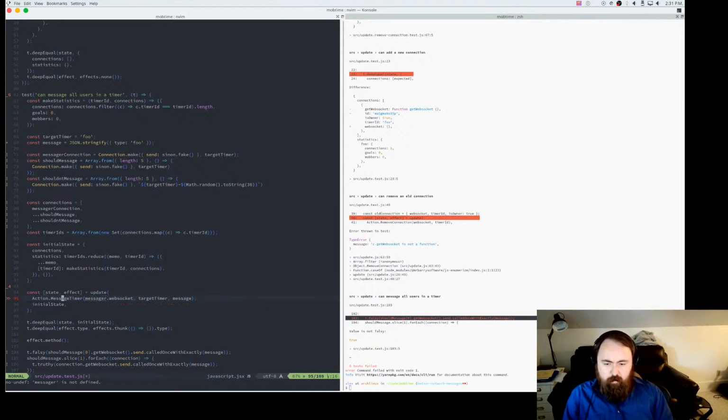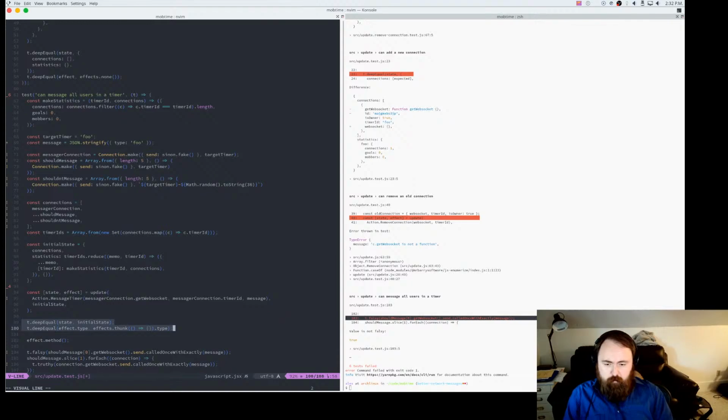All right, so we send a message timer, and that is from the messengerConnection.getWebSocket, and it's going to messengerConnection.timerID. And let me actually send the message as well.